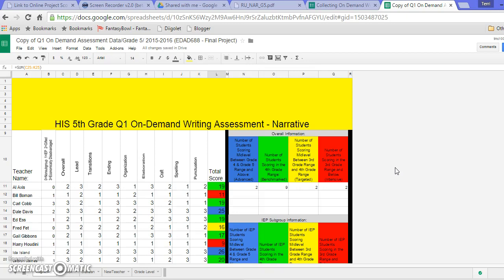So I'm hopeful that this project will meet the needs of my staff next year and will help them grow in the area of using data to analyze student strengths and weaknesses, and also using data to reflect upon the effectiveness of our instructional strategies. And this will definitely take place when we compare our data from the beginning of the quarter to then the data that will be entered in a spreadsheet just like this at the end of the quarter. I'm hopeful that the needs I mentioned at the beginning of this video will in